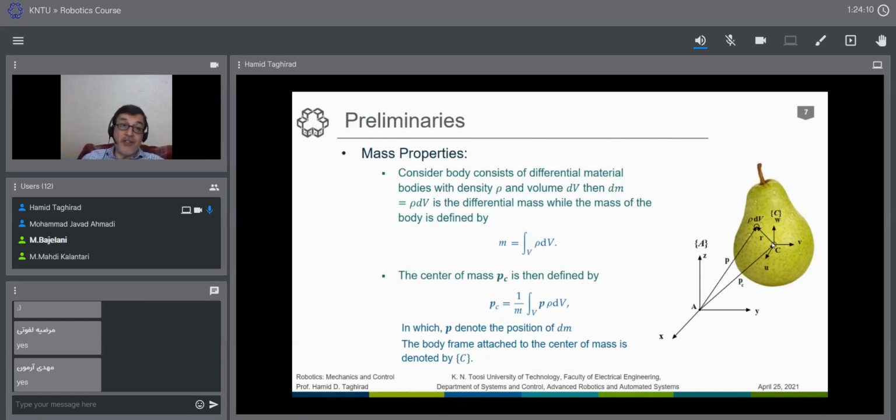Of course, physically. In terms of mathematical displacement, the center of mass is a vector, a position, a point here. As you see, for example, this is almost the geometrical center of the body, if the body is provided with one property, everything is homogeneous. If this is the center of mass,